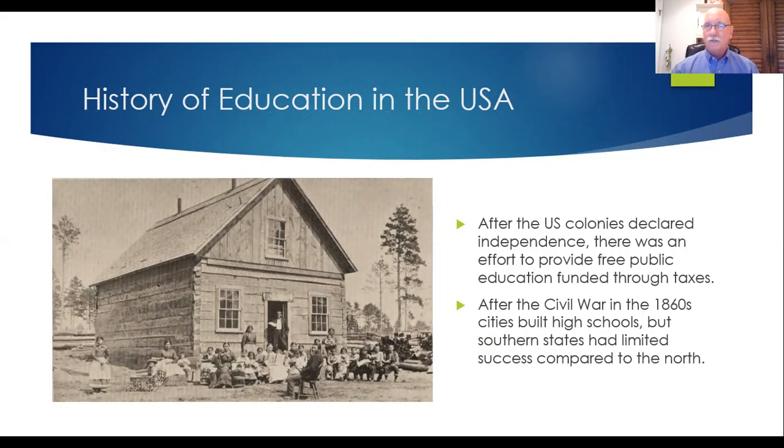So the people, the citizens of the country paid taxes, and some of that tax money went to build these one-room schoolhouses, to pay a teacher, to pay for some books, and the children received basic education, like a grammar school education, right? Reading, writing, basic math. Now, the US had a civil war, everybody knows, right? The North and the South fought, and in the 1860s, we started to have high schools being built all over the country in different cities. It makes sense, right? Because our nation was relatively young.